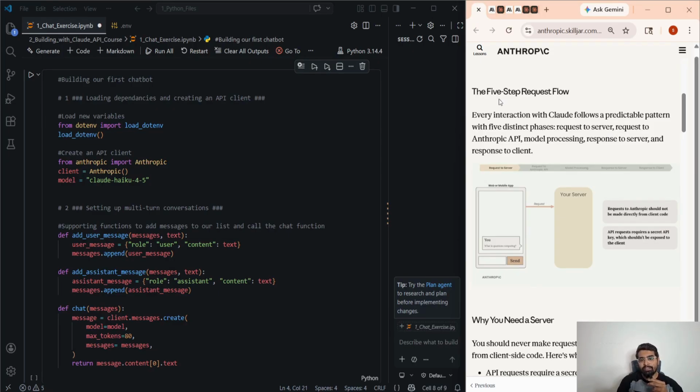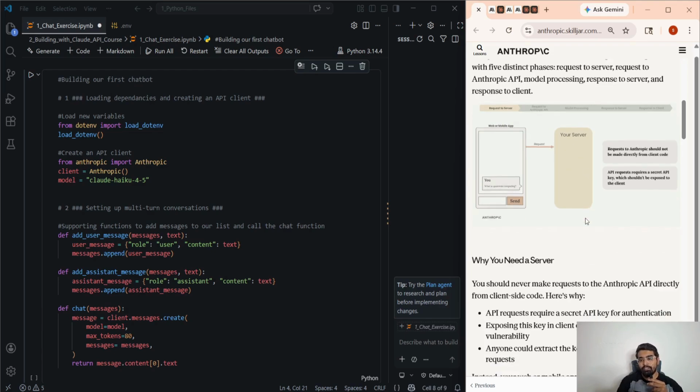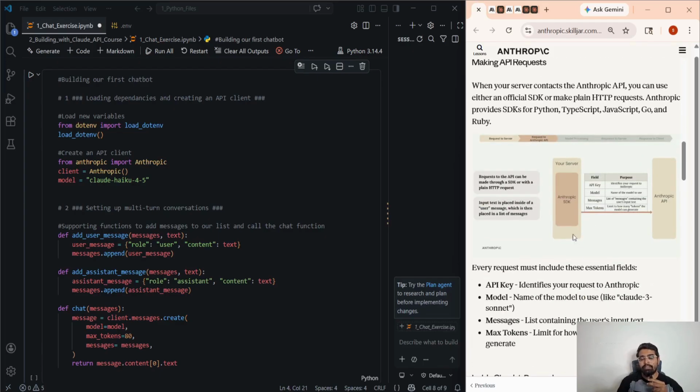Anthropic has created this 5-step request flow to show how exactly a chatbot gives a user response. Starting with the first step, the user will query something to a chatbot. That request will go to the server that you have created. Then, that server will forward that request to an Anthropic API. Model details, API keys, and everything else will be sent from the server side to